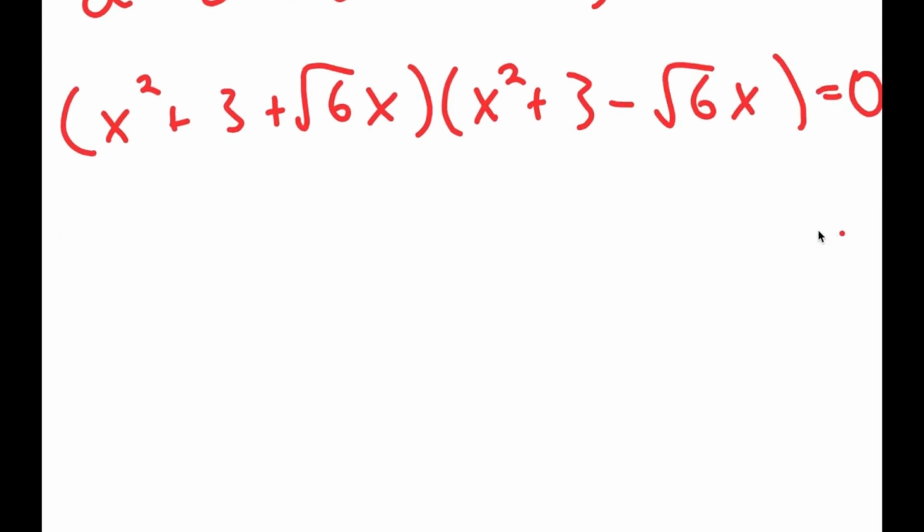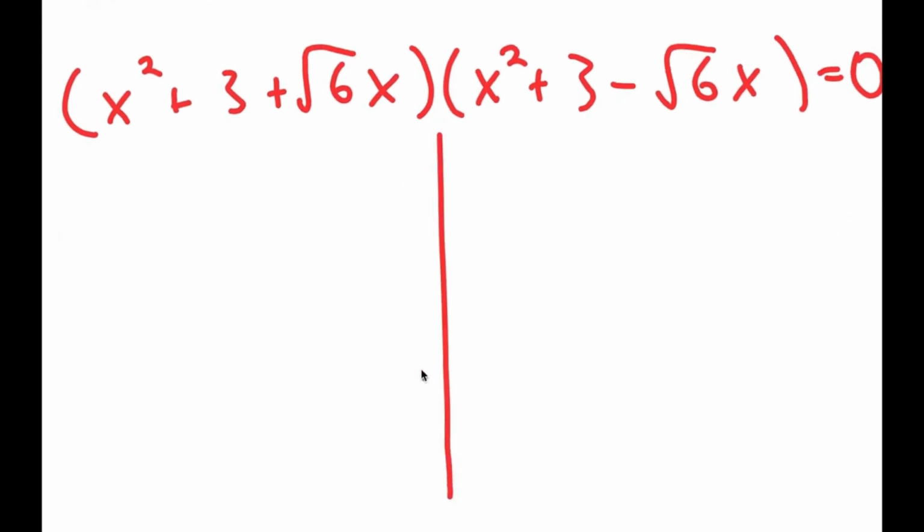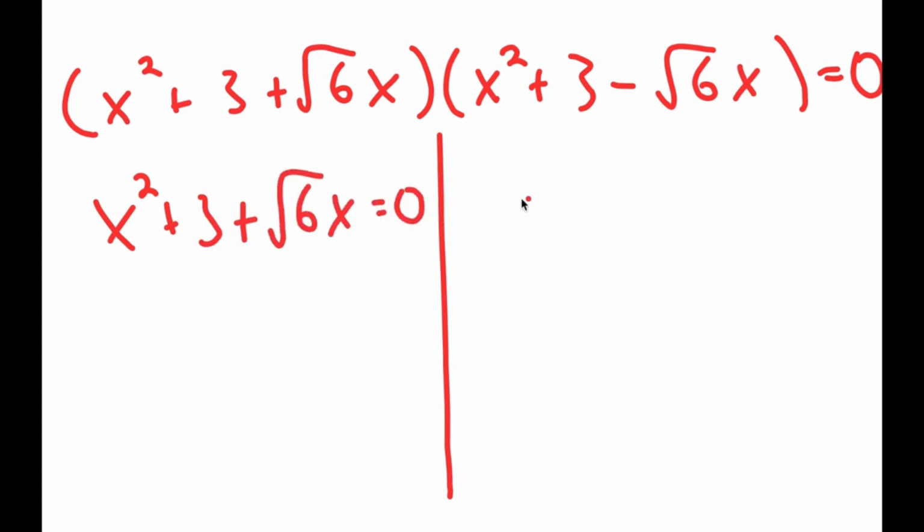is equal to 0. So this gives me two equations. I have x squared plus 3 plus the square root of 6x is equal to 0, and x squared plus 3 minus the square root of 6x equals 0. So for both of these, because both of these are quadratic equations, you can use the quadratic formula to solve them. I'm actually not going to do that in the video, but you can try that yourself. You should get that